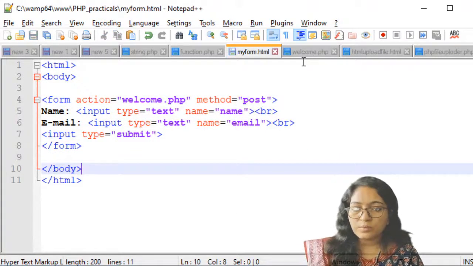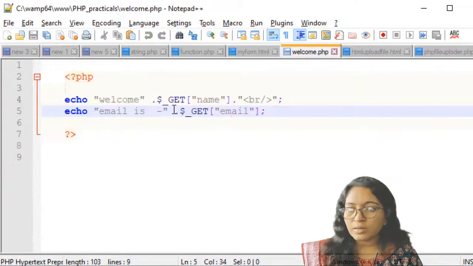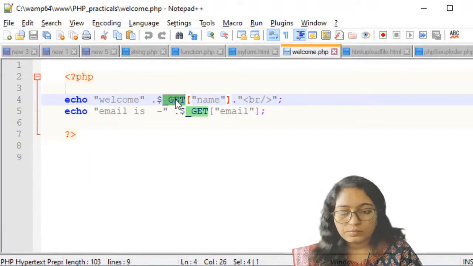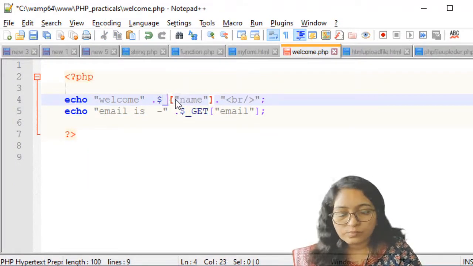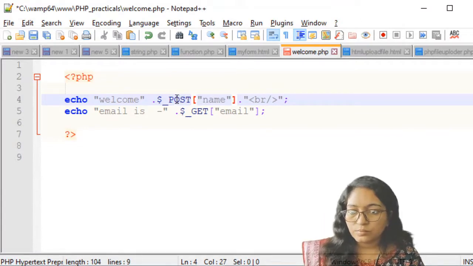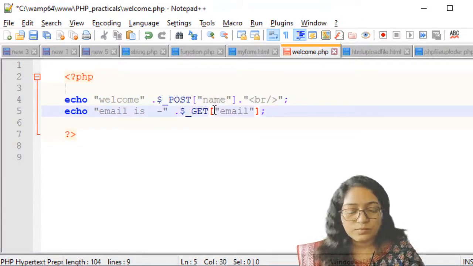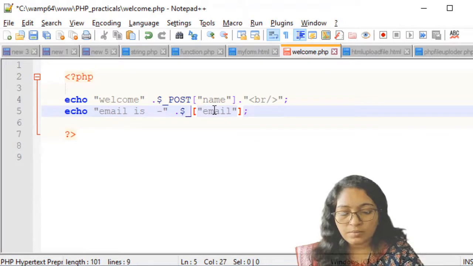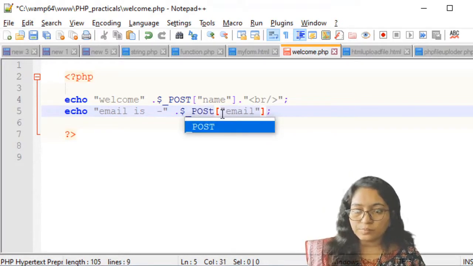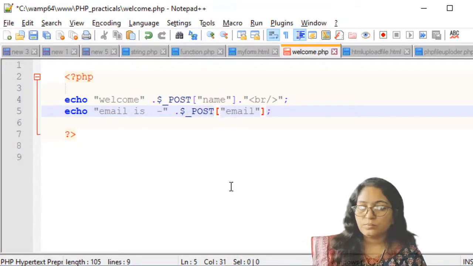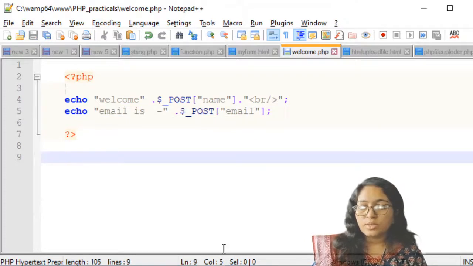Just save it, and again here in welcome.php, change this associative array name, that is $_POST. Now just save it.